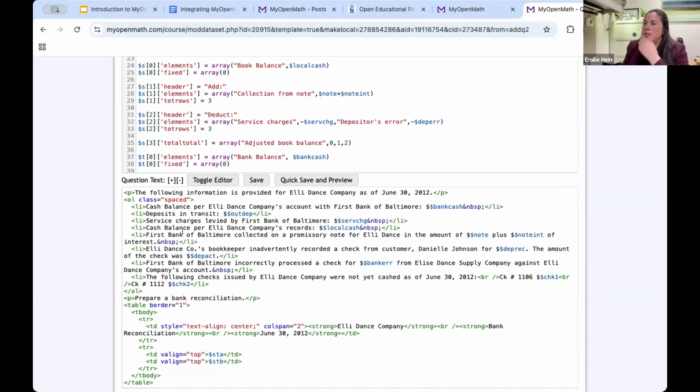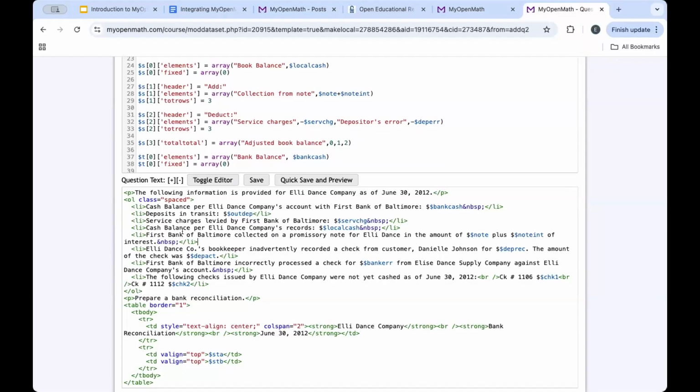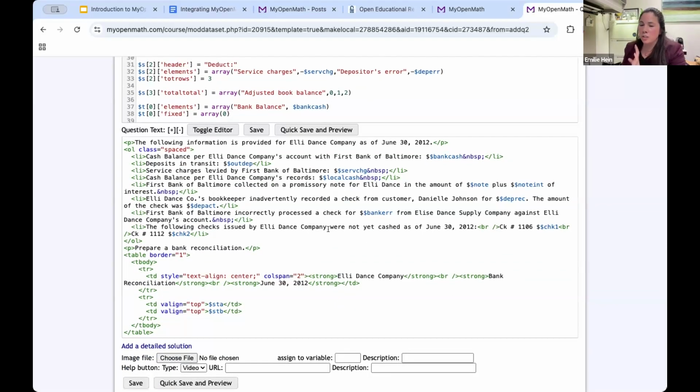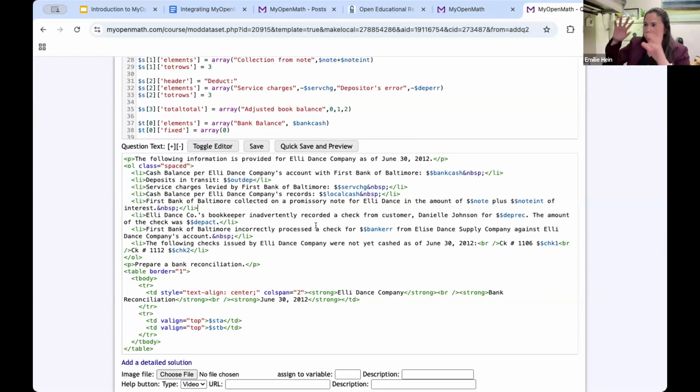Because you can say, okay, I'm going to adapt this template, and now I'm going to talk about a totally different topic. I just want to keep the format of this table, but change all the words and change these variables. So if you have a good template that you're working with, looking at this is very intimidating, but I will tell you, most of this you don't need to touch, because all of the stuff that is wrapped around basically just builds up